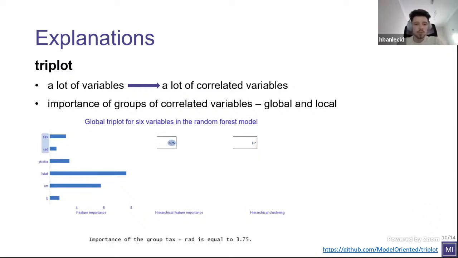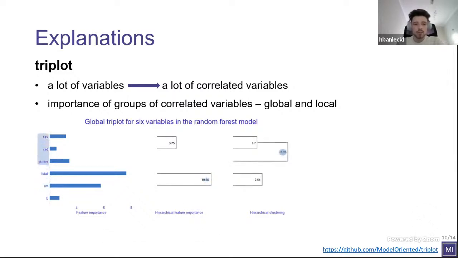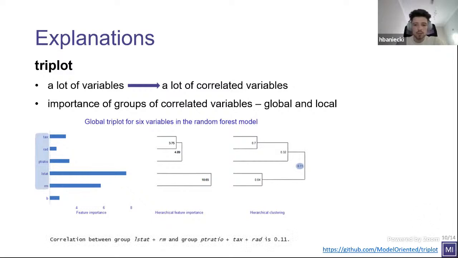When we have a lot of variables and a lot of correlated variables, we basically want to group them into what we call aspects, to calculate the joint importance of these groups of correlated variables. In this specific package, this automatic grouping is done by hierarchical clustering of their correlations. So if you have a lot of variables in your dataset and they are highly correlated in some groups, this package will automatically group them at any given cutoff that you pass to the explanation, and then you can produce your grouped variable importance.